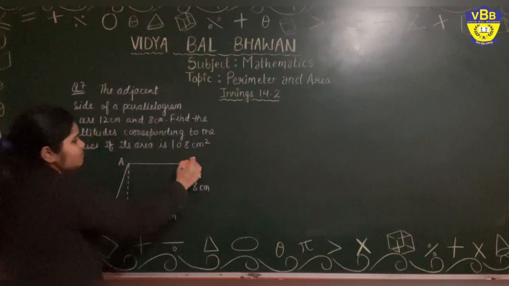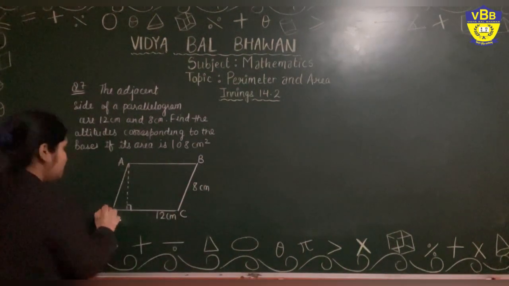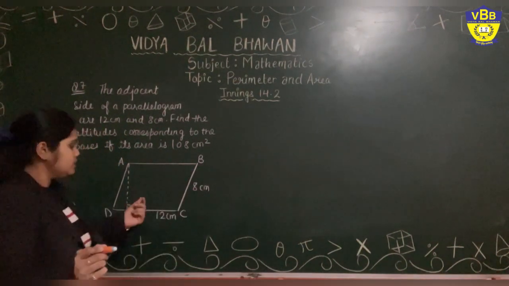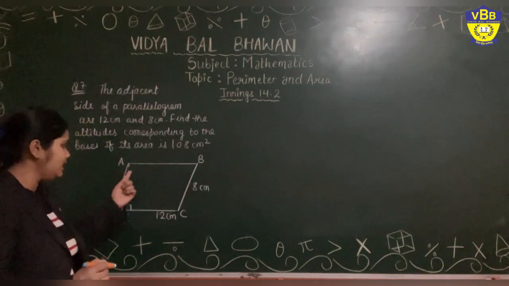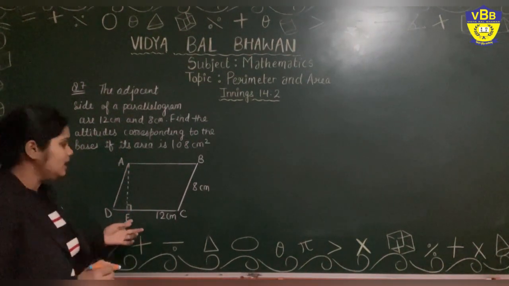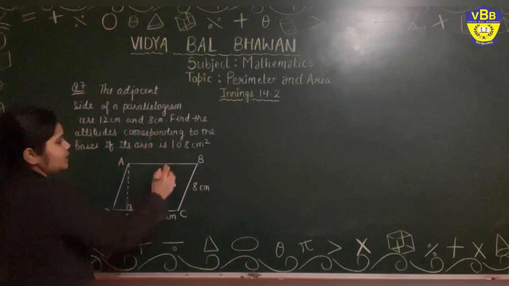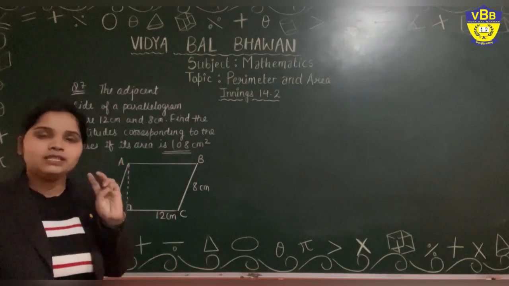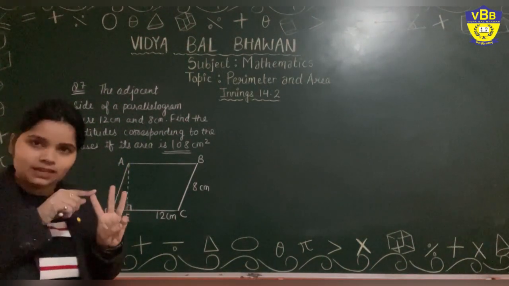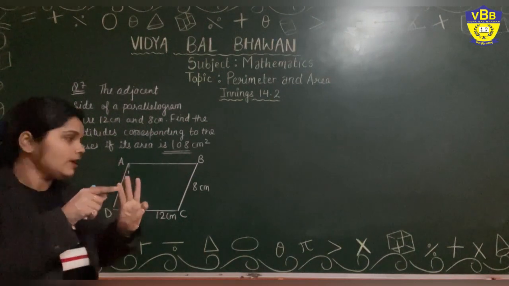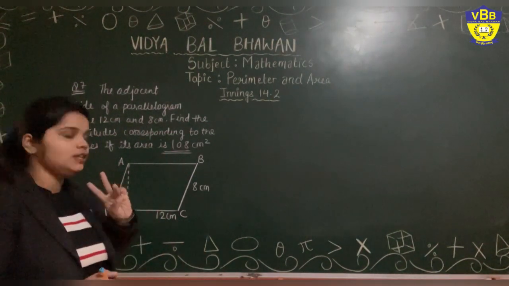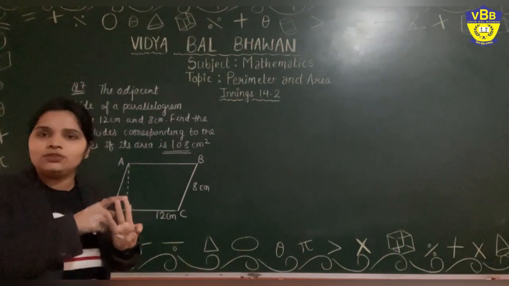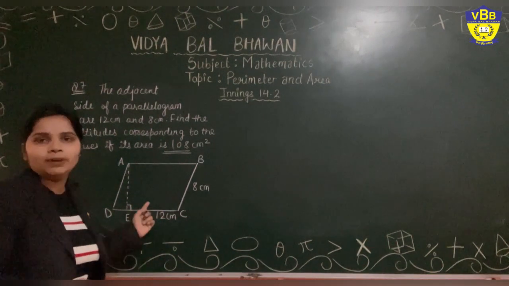Let me give some names to this figure. Let it be ABCD, and here it is E. So for base DC, we have height AE. Now I know the area of this parallelogram, that is 108. We have three quantities in the formula of area of parallelogram: area, base, height. Area we know, base we know, height is not known. Height we need to find for this pair of base and height.